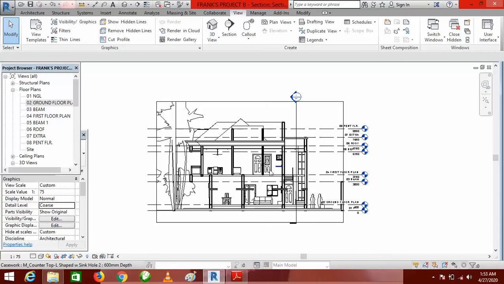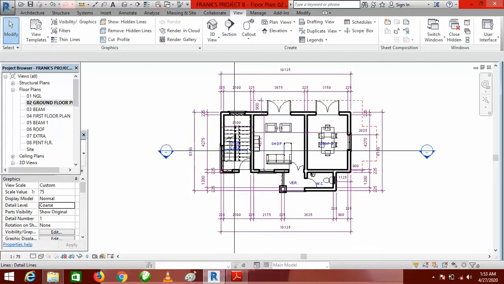Then the third way to do it is this. Let's go back to the ground floor again. The third way is to go to your project browser. Then scroll down on your project browser. You would see section here. Although we had already created 3 different sections on this